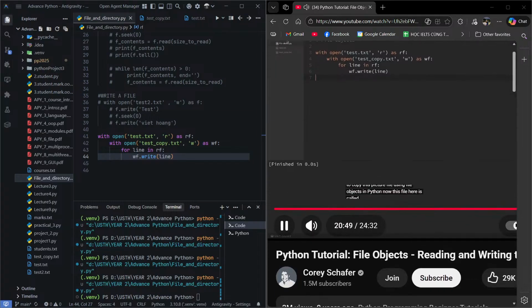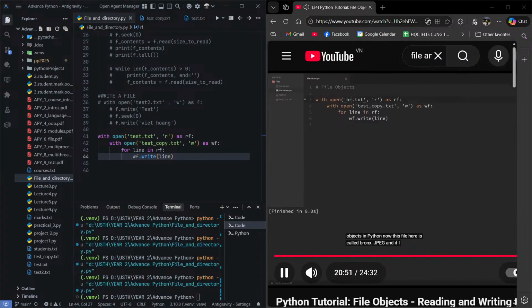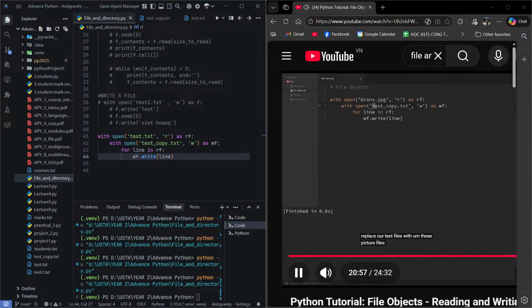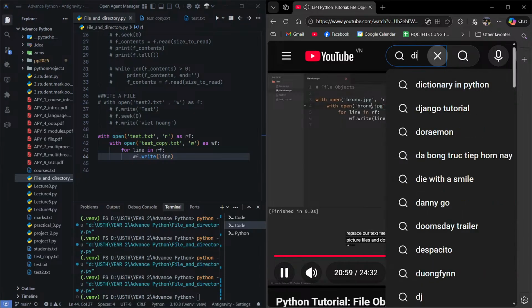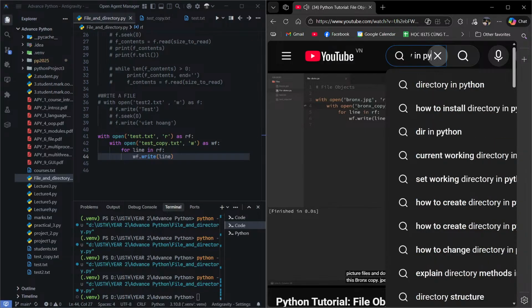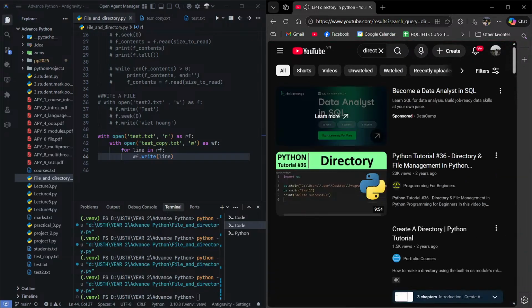Now this file here is called bronx.jpg, and if I just try to replace our text files with these picture files, and down here I'll call this bronx_copy.jpg. Now this is exactly the same as our